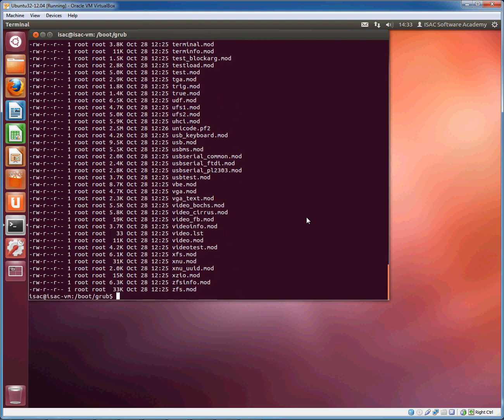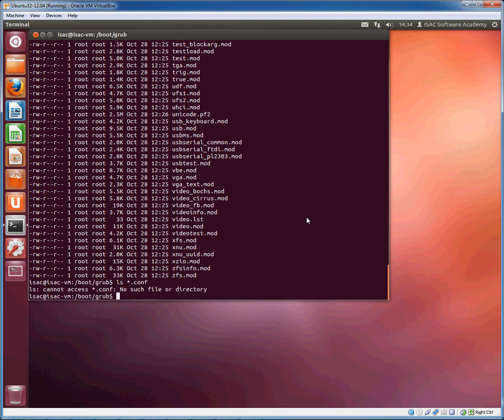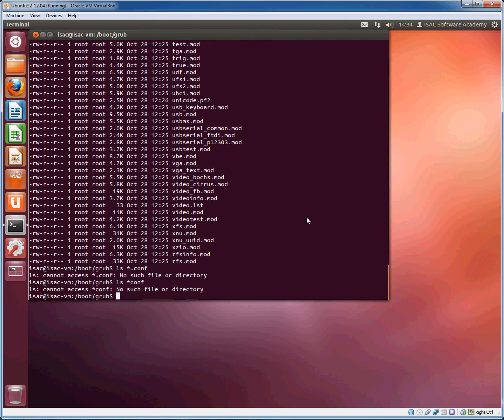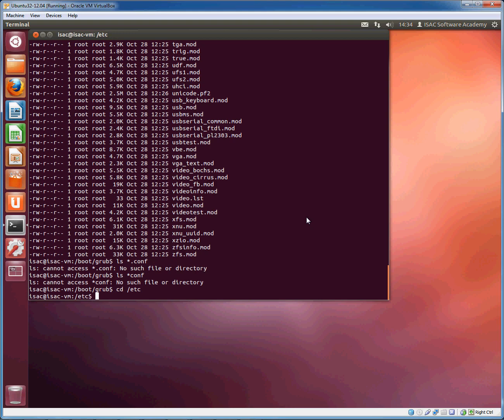There used to be, but I believe they've removed it, a conf file. Yeah, it doesn't seem like it exists anymore, that you could actually modify in this directory. Now they've probably moved it out to probably the etc directory, because that's the most common place for configuration files, and we'll be going there now. But it was a way for you to modify your boot options, so that's something we'll try and find that